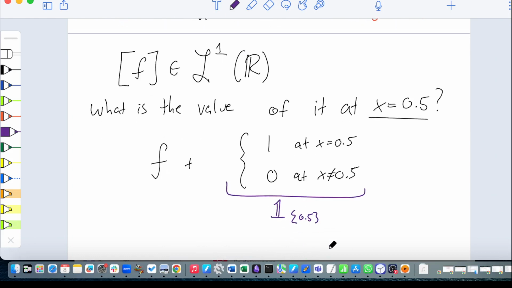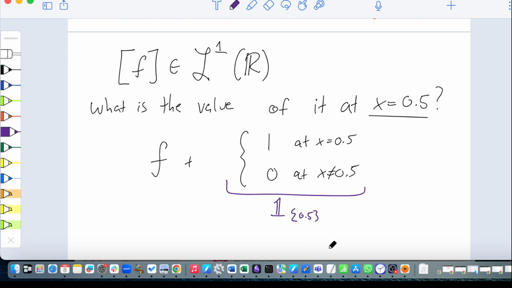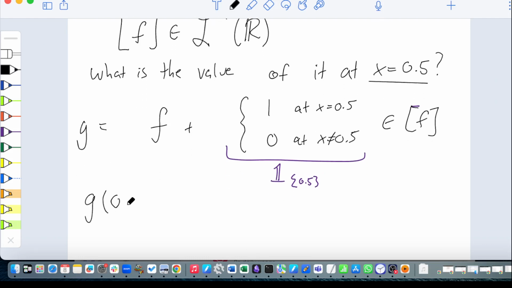This is a null function, and now you have added a null function to f. So this thing is still in the equivalence class of f. Their difference is this stupid null function. So this guy is definitely still in f. Okay, let's do it in black. So this is still an f, but it has a different value. Whatever the value of f is, the value of this thing is going to be f plus 1. So let's call this function g. So g of 0.5 equals f of 0.5 plus 1, but both